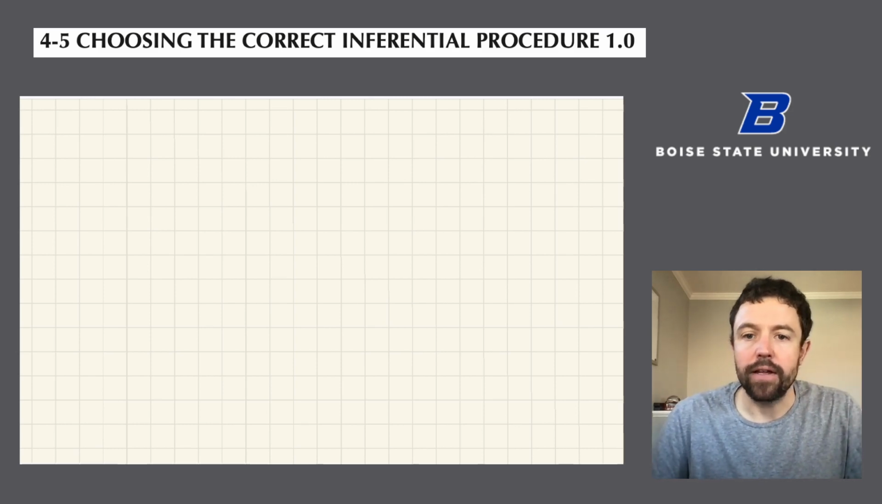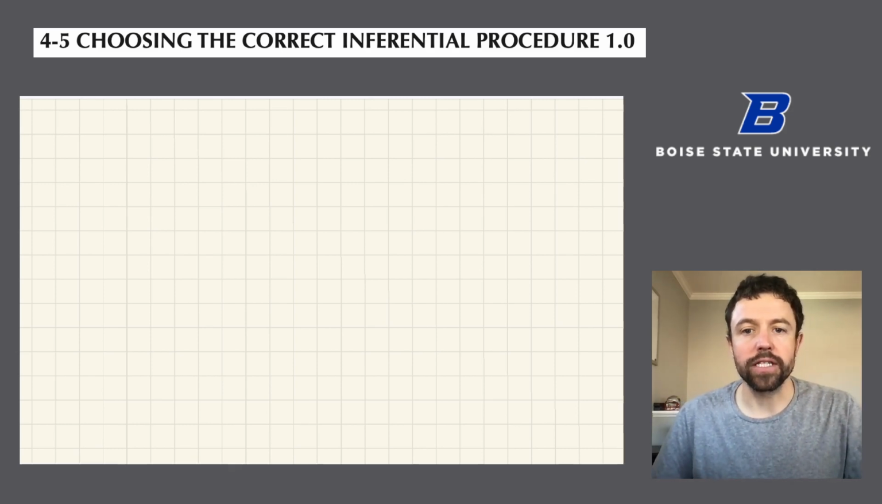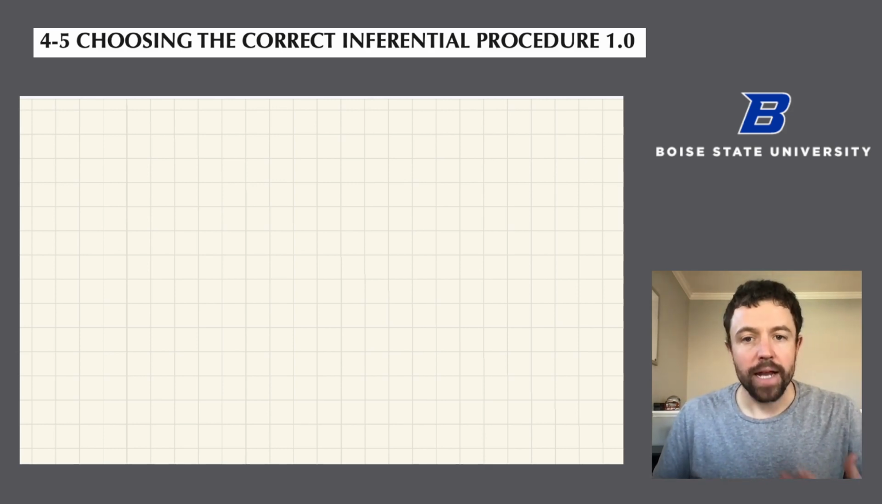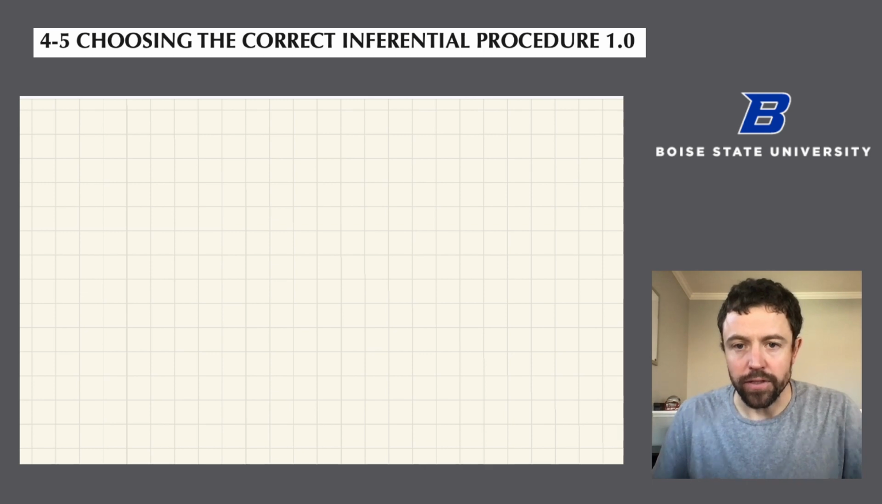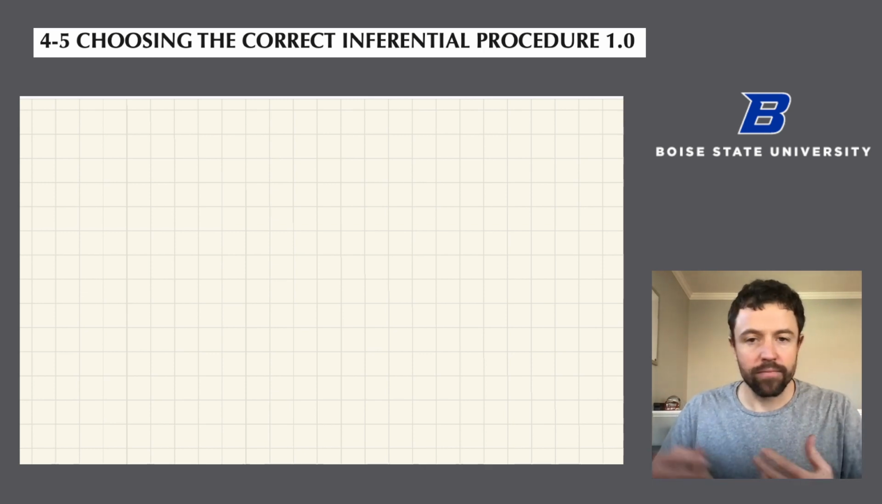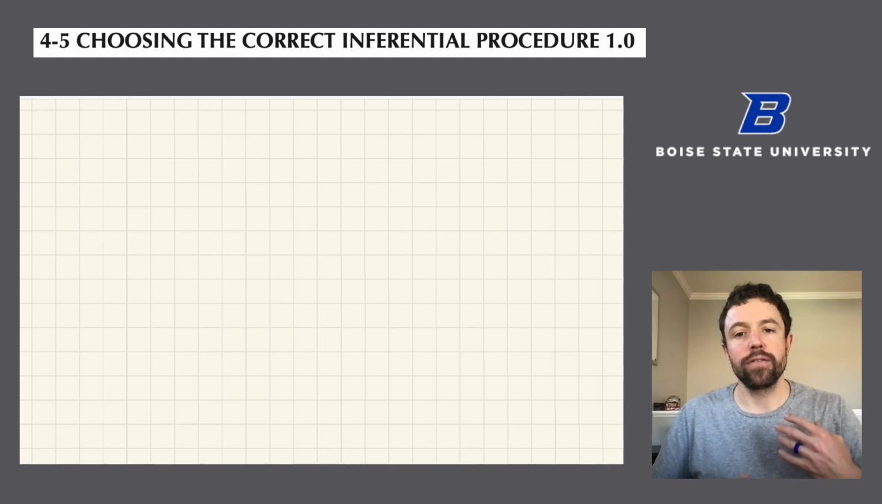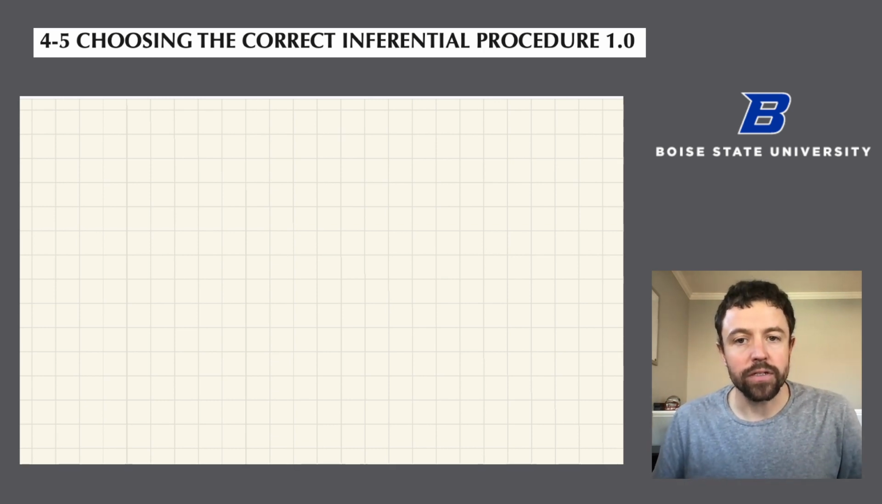Section 4.5 is choosing the correct inferential procedure 1.0. This is the first of many sections that will be titled choosing the correct inferential procedure, and we'll get to 2.0 and so forth. The idea here is that one of the hardest things to do in this course, as we develop more and more inferential procedures, that is more and more ways to solve problems, is to look at